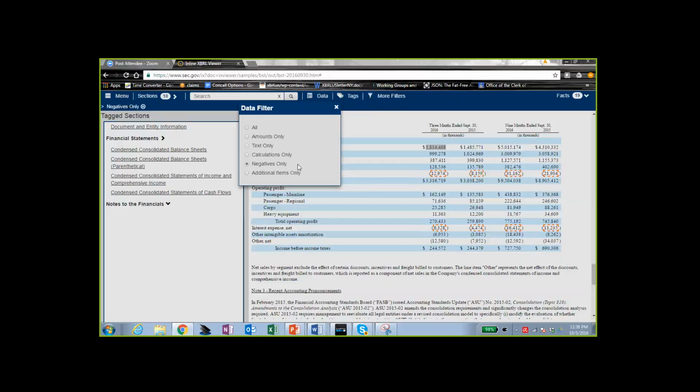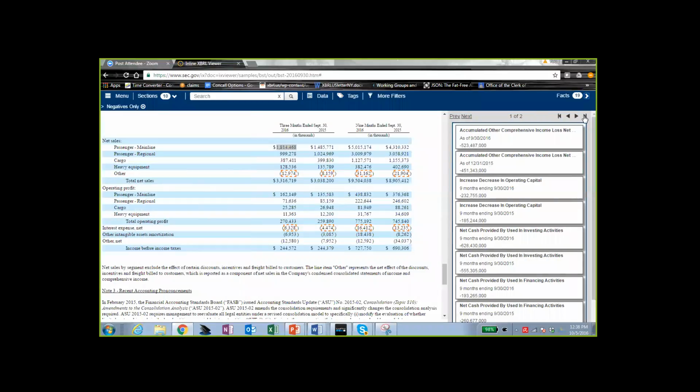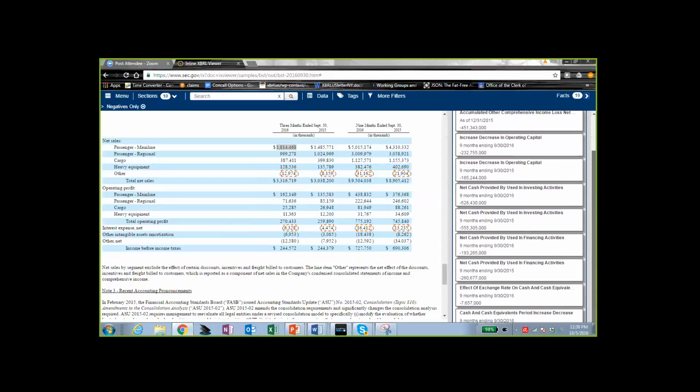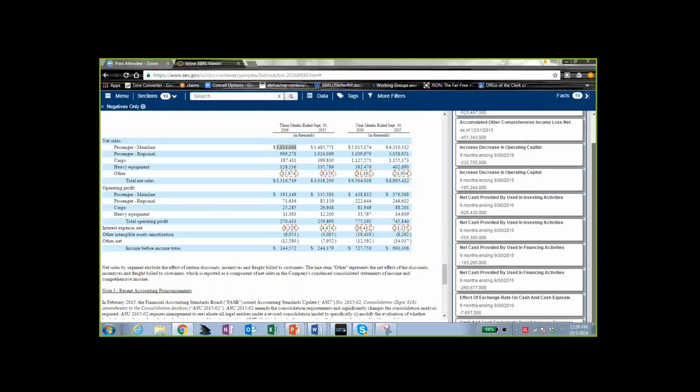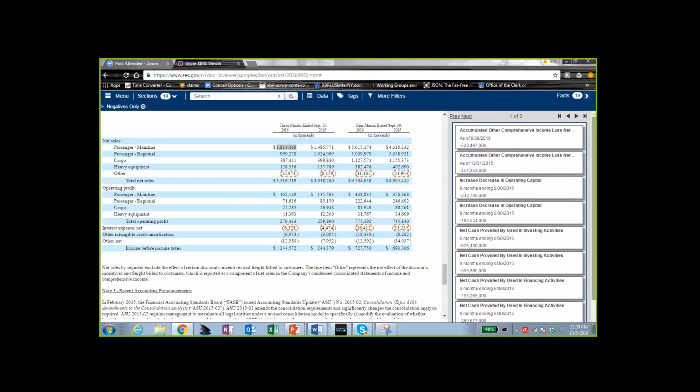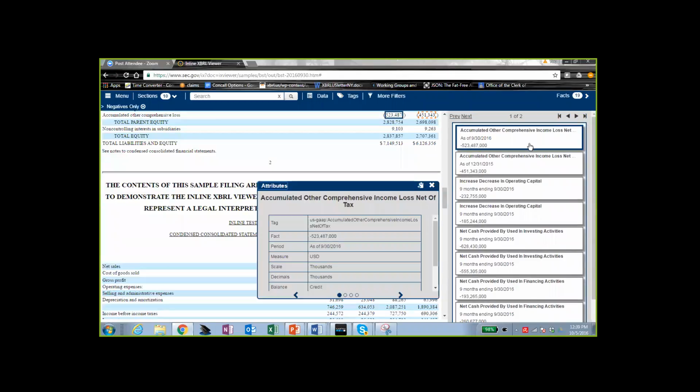Okay. So far, I clicked on negative values, and it is highlighting? Where it says at the top, Michelle, it says facts 19. Yeah, over on the right-hand side. Great. Just click that arrow, and you'll see a little dynamic index window on the right-hand side pop open. Okay, so these are all the values that are reported as negative. That's correct. Then you can just click on each one of them, and it will take you very quickly to that disclosure, and then the reviewer can look at it to see, does this make sense for this number to be negative?